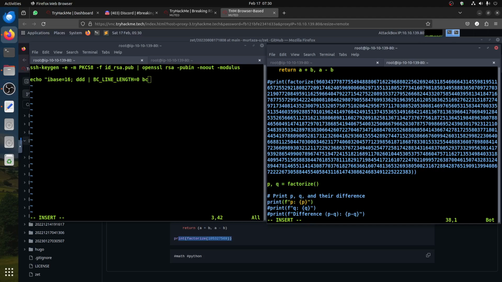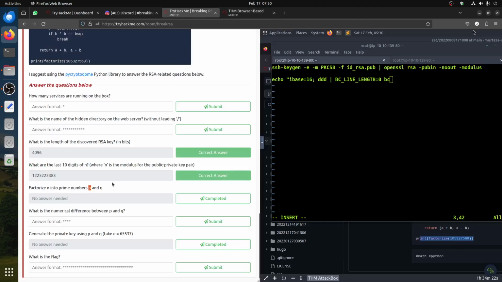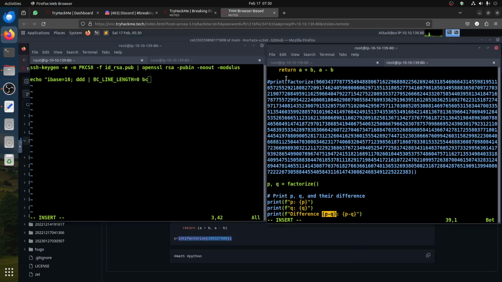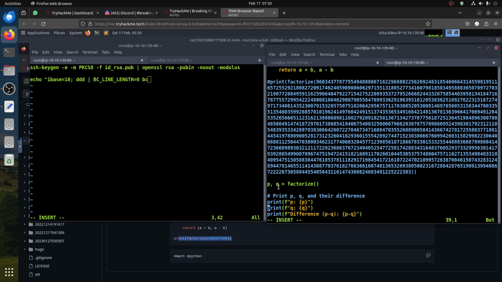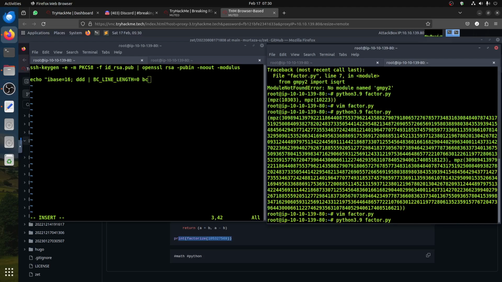I can just tell it to print me something different and also the minus, because remember, what is the numerical difference between P and Q. The default function of the script was just printing us the values. Now I can catch, because the factorize function returns two values, the first one is P, the second one is Q, and then it also prints the difference. So if I run the script again,